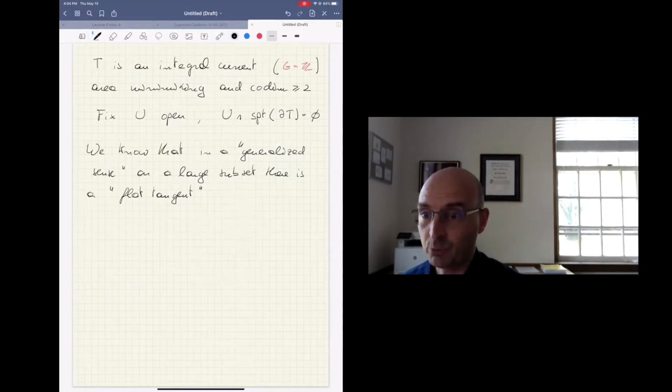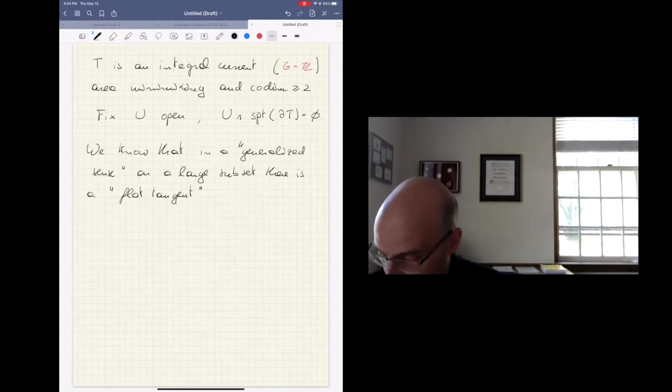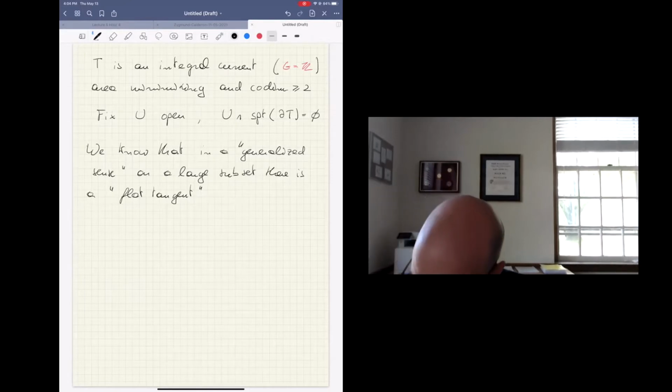So if the multiple were exactly equal to 1, then you would apply classical theory to conclude that the point is regular, but the multiple we discovered can actually be more than 1, and you can have all sorts of singularities which still have a flat tangent. Okay, so the pivotal example is the following. By a theorem by Federer,